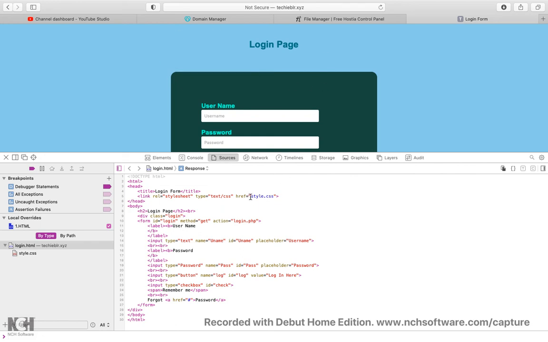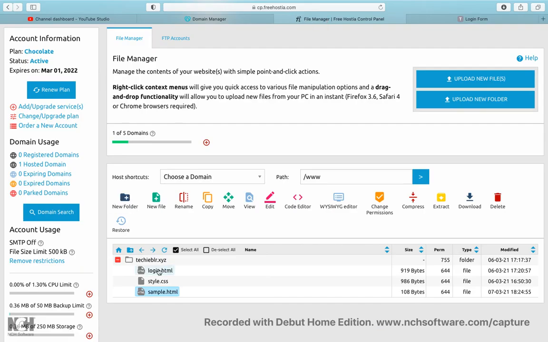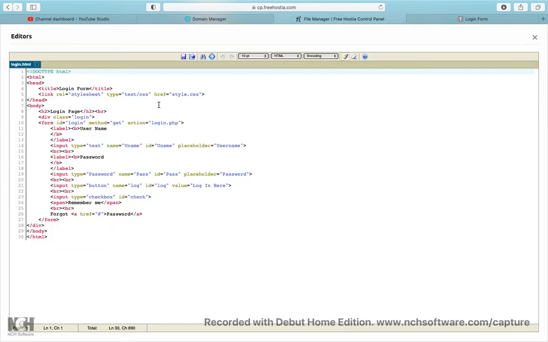So without CSS, how will the program look? If you want to see, just a minute, I'll make some changes in the code so you can understand with CSS and without CSS. This is my login page, the code I have given. Suppose I give something here, slash, I'm making a mistake here. This particular line shows that I am going to take some other file in this program, and that file is completely CSS. So you are applying those designs to this page.